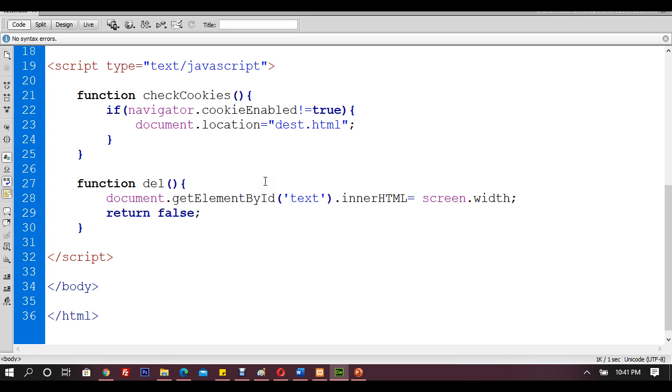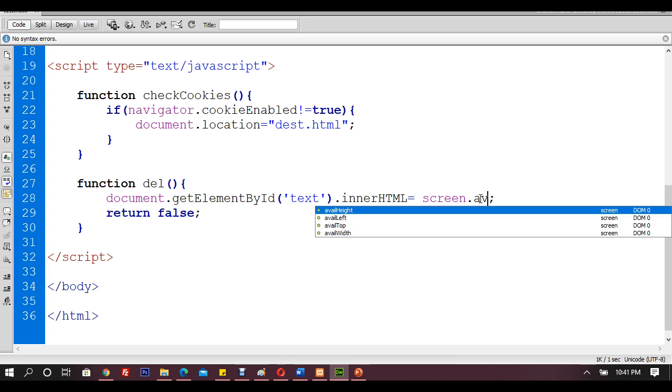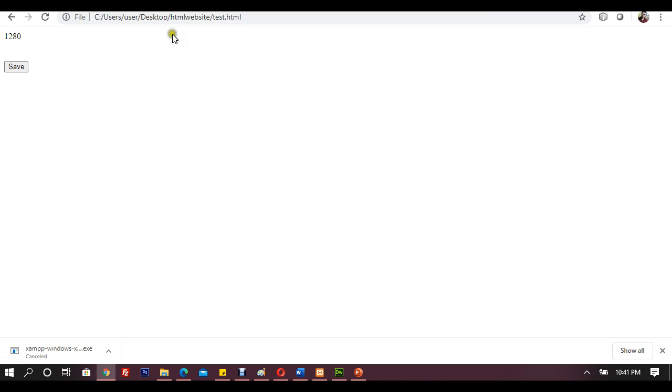You can even use these things for different things. Right, you can use them for different things. If width is something, do something. If height is something, do something. Right, what is the available width? So we'll say avail, right? What is the available height? So I'll say